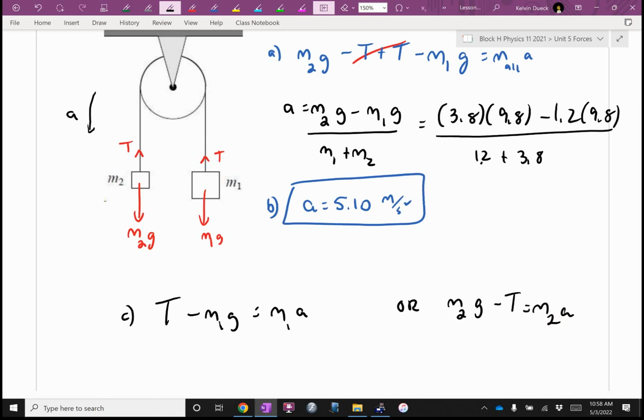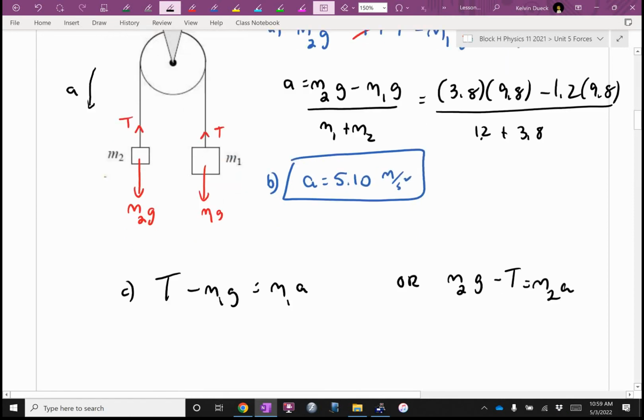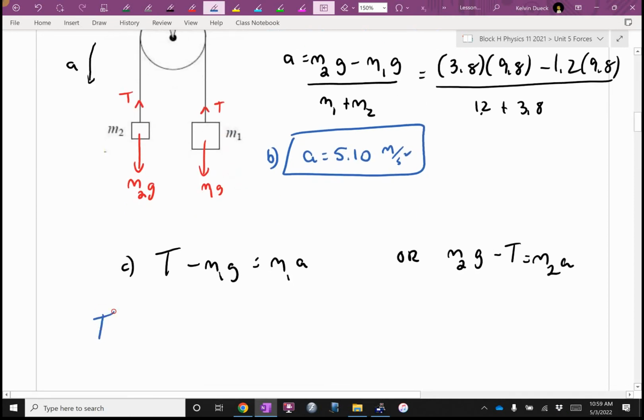How would I get the T by itself? How will I move that M1G over? Plus it. Yeah. How come? How do you know? Because there's a minus sign. So this is not swappy dance. This is just, I guess, tension is going to be M1A plus M1G. It's going to be M1,